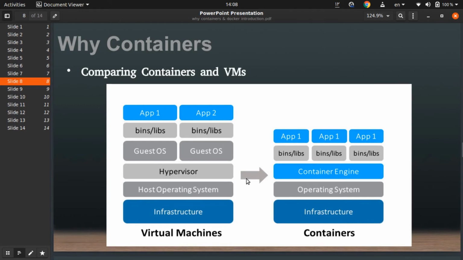But with containers, we have one infrastructure, one operating system, one container engine like Docker, and each of these apps has its own dependencies in a container, isolated and separate from each other. They can scale up for high availability and fault tolerance. So there is no overhead for a guest OS and no overhead for a hypervisor.